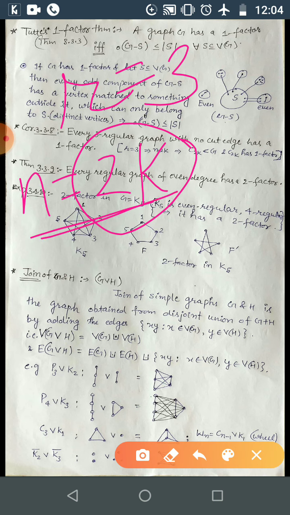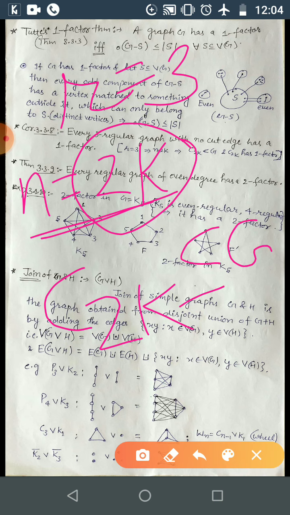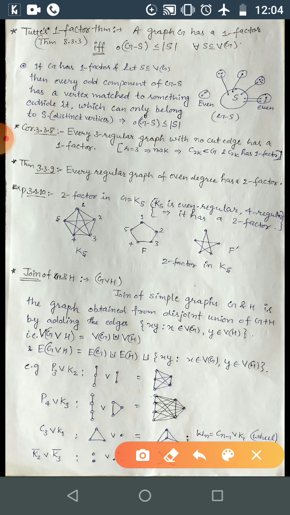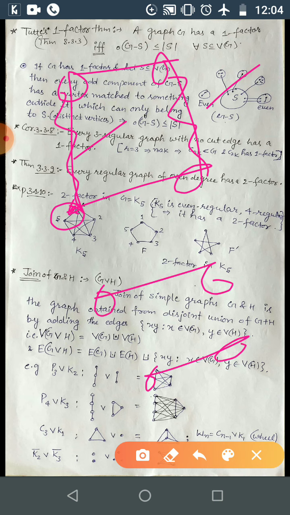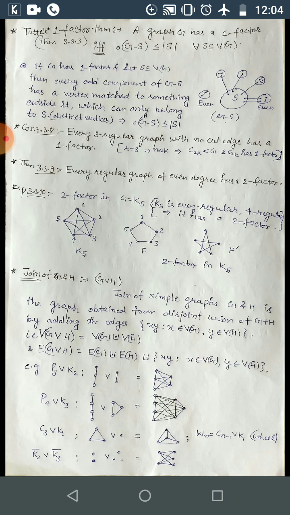So if the number of vertices is even, then C2k is part of G, and out of that you can form a one factor. And C2k has a one factor. How? Every even cycle has a one factor. You can take this one, and obviously every even cycle has a perfect matching, and this is the same as a one factor, correct. So here these two edges form a one factor, or you can just take these two edges. These also form a one factor, that is a one regular spanning subgraph, correct.